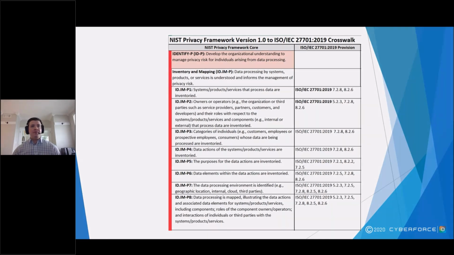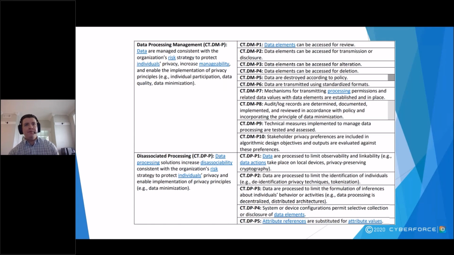Before we continue here, I did want to give one more example of some NIST privacy content that's a bit more specialized than what we might find in the CSF. On your screen, you can see the two controls I chose for this example, and they both involve data processing, one for processing management and the other for disassociated processing. If that term disassociated processing is new to you, it's basically about minimizing the information that can be inferred or otherwise known about individuals whose privacy you're responsible for.